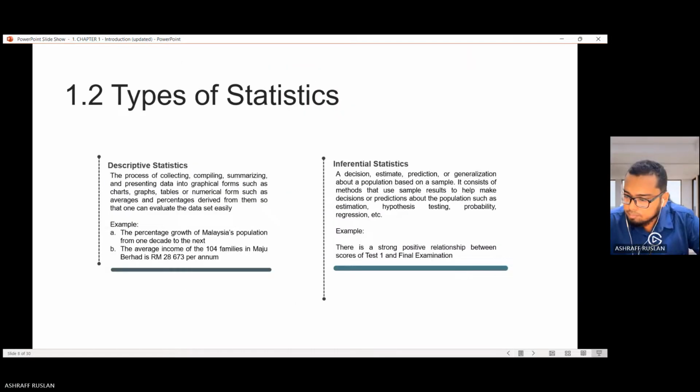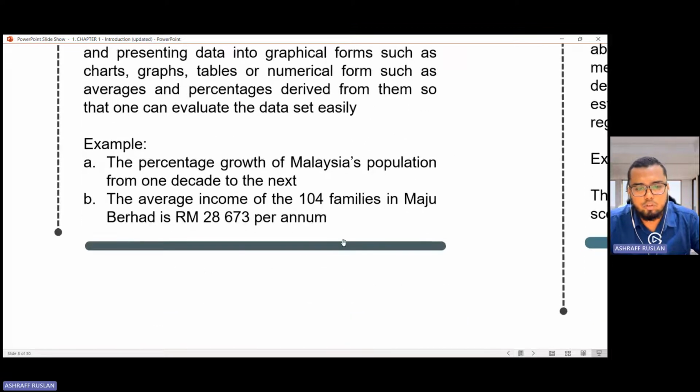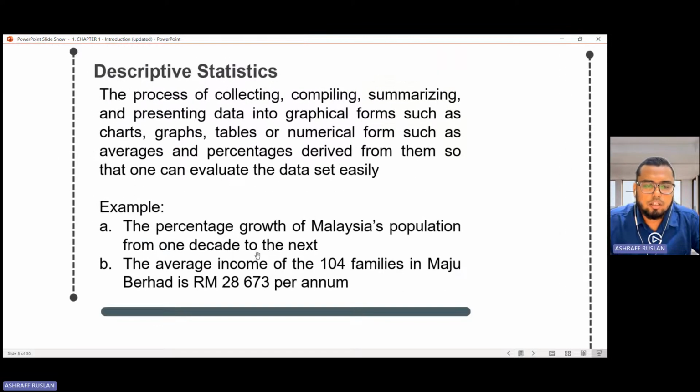So sebelum ni awal ni saya ada mention about descriptive and inferential stats. Those yang kita selalu tengok berkenaan dengan statistik, maybe statistik kemalangan sebagai contoh, so those usually falls under descriptive statistik. Descriptive ni maksudnya kita describe sahaja. Contohnya the percentage growth of Malaysia's population from one decade to the next.